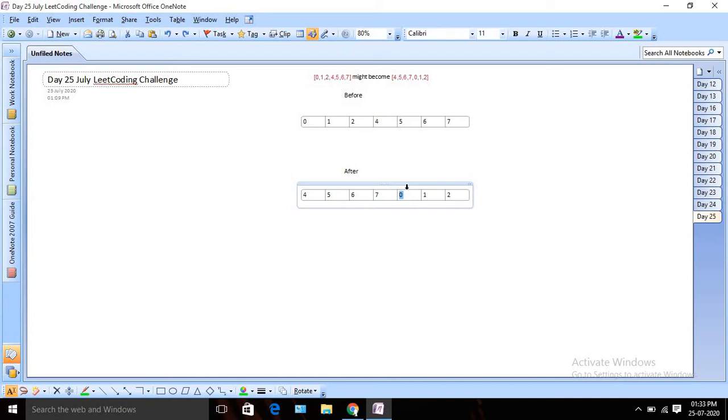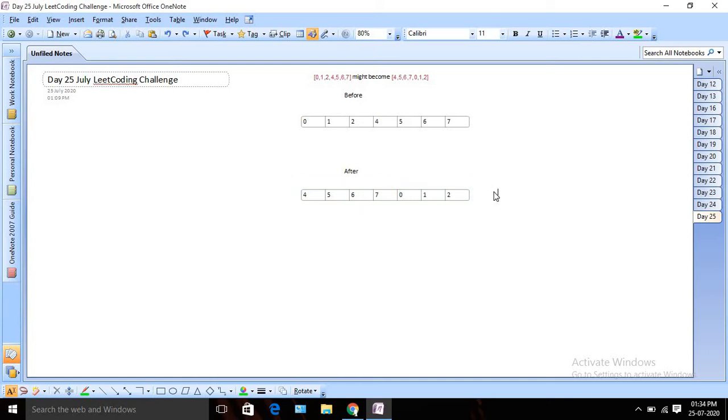There are a couple of ways to solve this problem. Probably if you try to solve this problem for the first time, what comes to your mind is that we can apply linear search. We can take one minimum variable and compare each and every element of the array to get the minimum value. But the disadvantage is that you are going to traverse all the elements of the array, so your time complexity will be order n, right? Since the array is already sorted, though rotated, we can optimize the solution. We can apply binary search logic here to improve our time complexity, okay? So yes, we are going to use binary search to solve this problem.